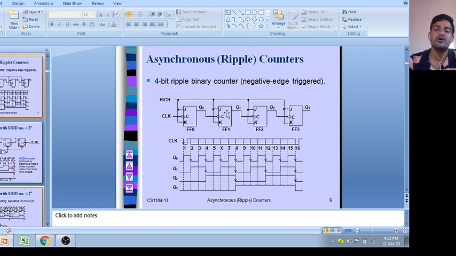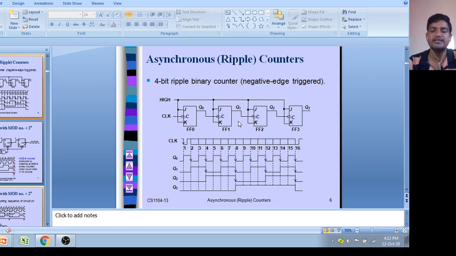up asynchronous counter. Okay, and we used positive edge and we were taking Q0 bar to clock input of next flip flop. But you can also implement up counter 4 bit or 3 bit or 2 bit up counter by using negative edge triggering.